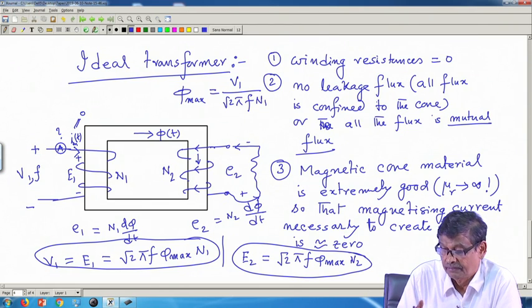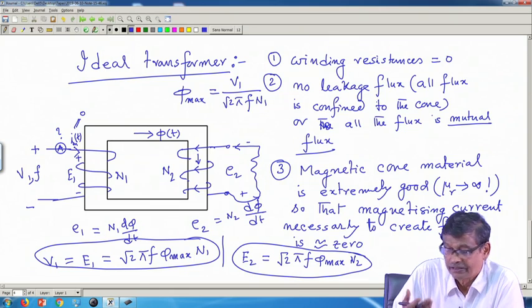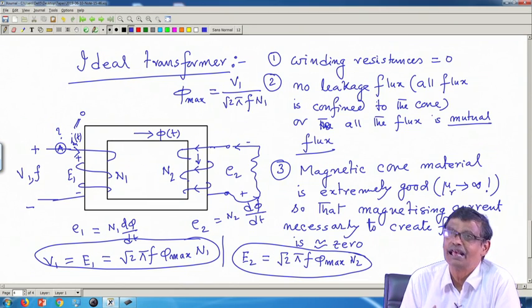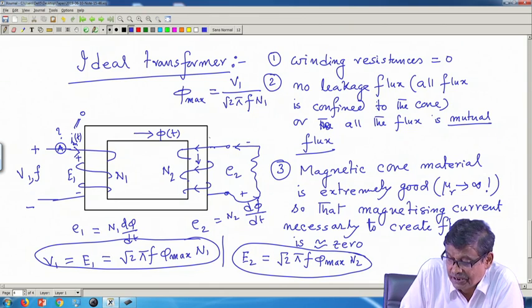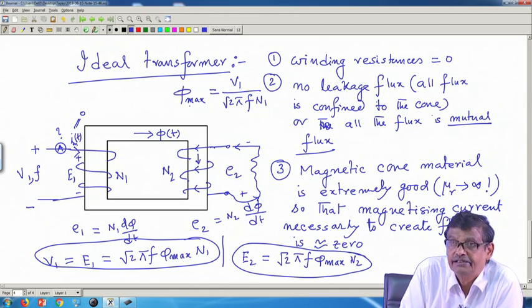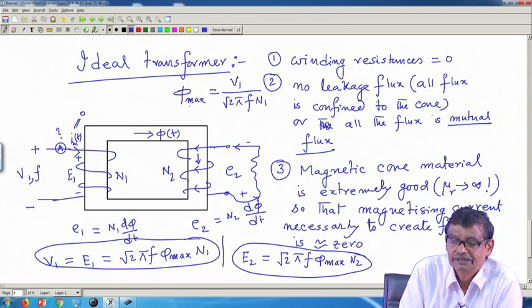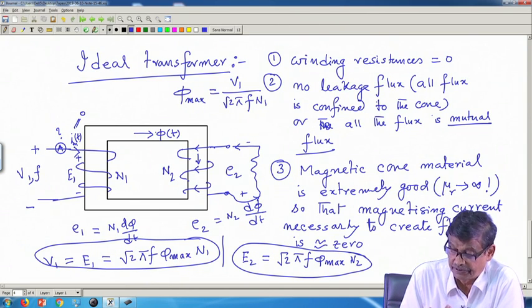Now, is this in accordance with Lenz's law? The answer is no. Why? Because the cause of the voltage induced is that phi was increasing. Phi was positive and increasing, d phi/dt was positive, that was our assumption.